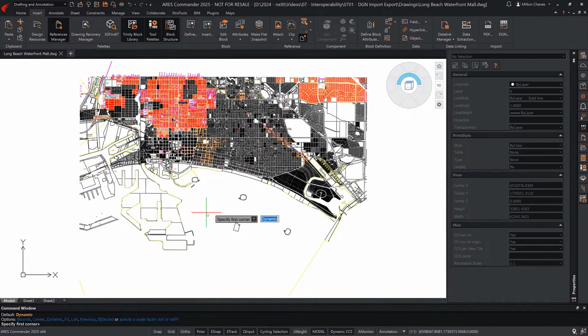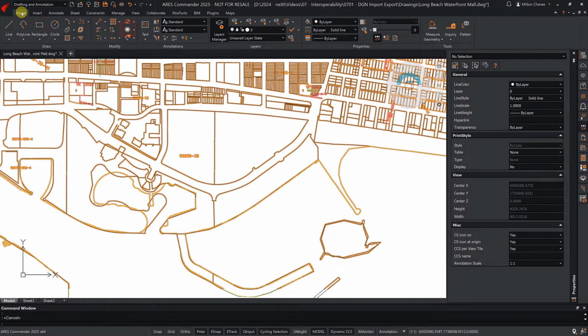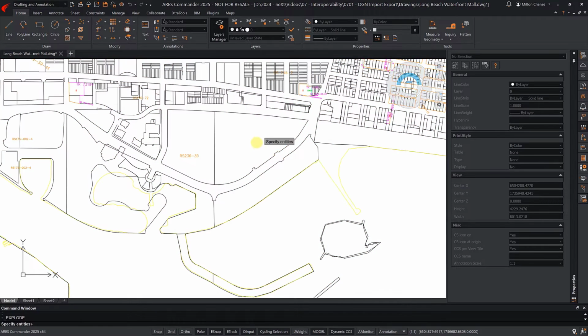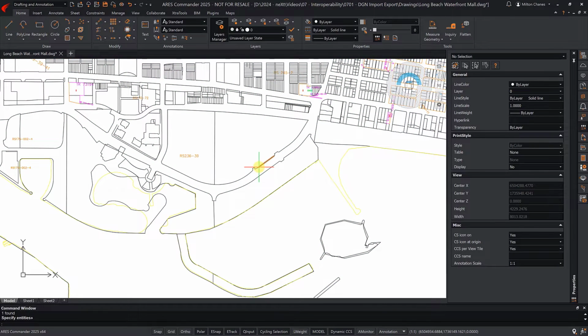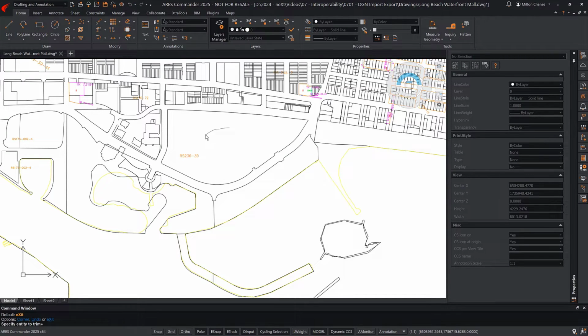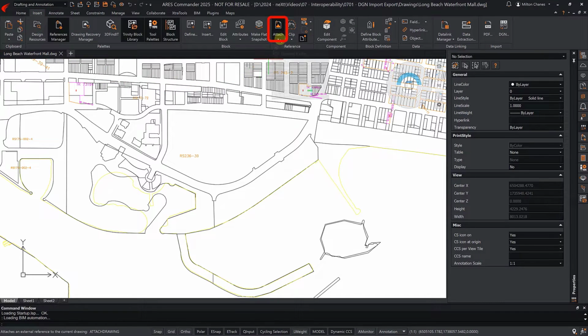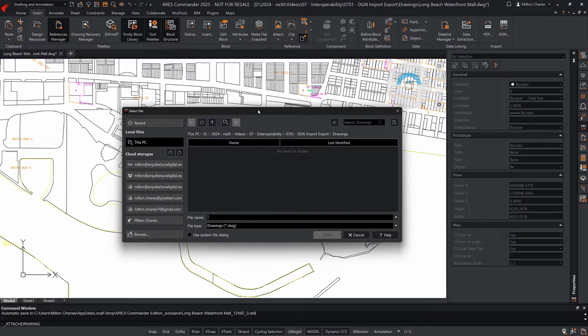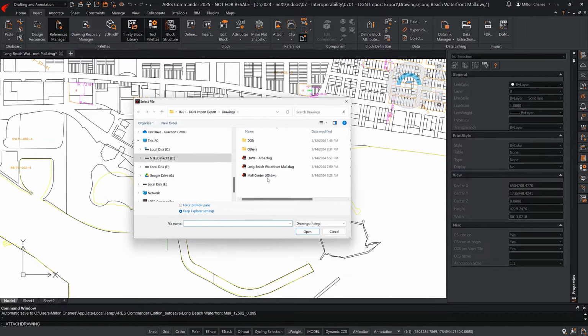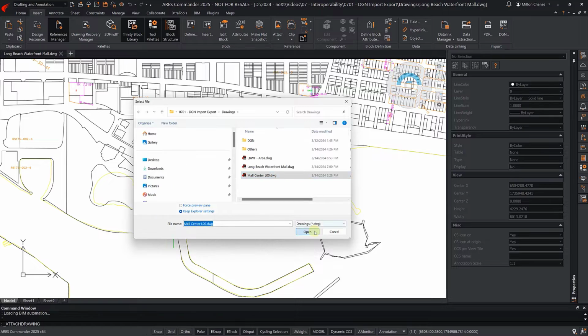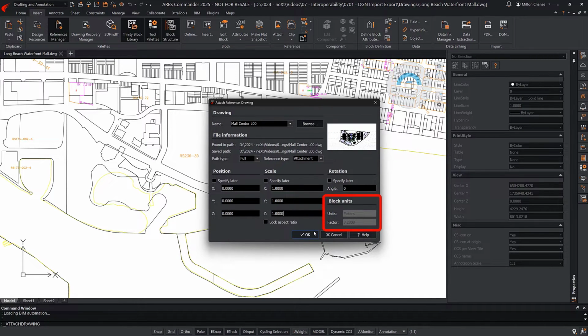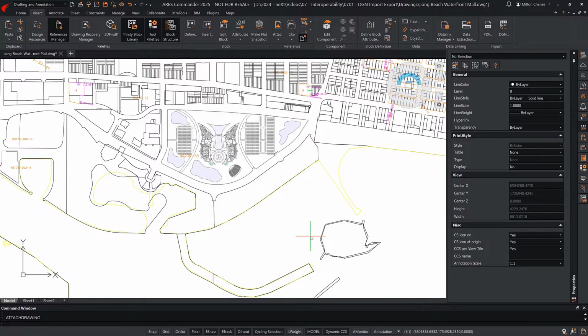We zoom in on the area where we are going to work. We explode the block that includes the specific area purchased by the city. We quickly recondition the area, leveraging the Power Trim command. Now we insert the shopping center as an external reference. Although the project was designed in meters, Ares Commander automatically performs the unit conversion. The interoperability between formats and units is complete.